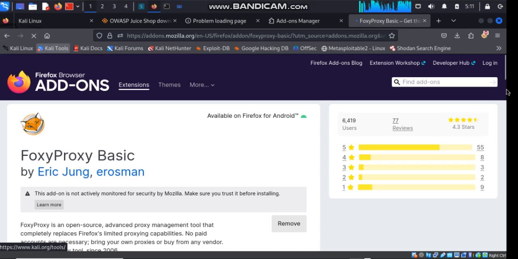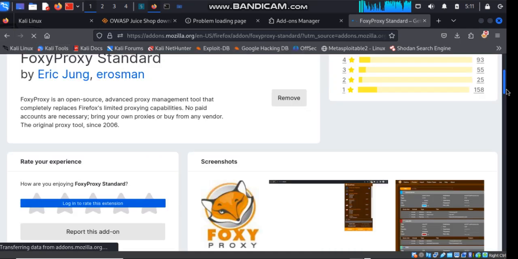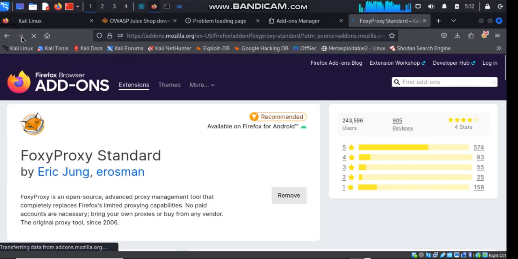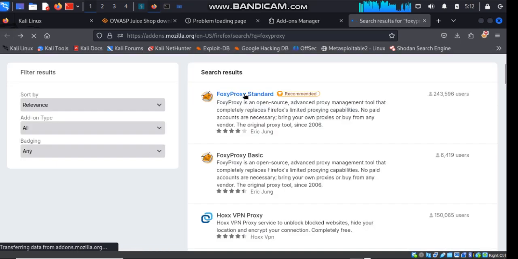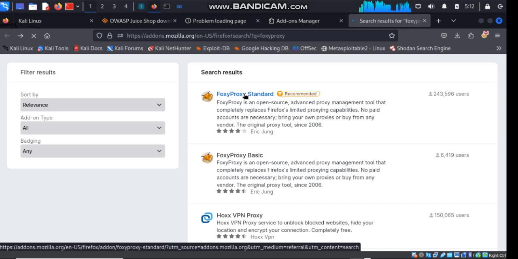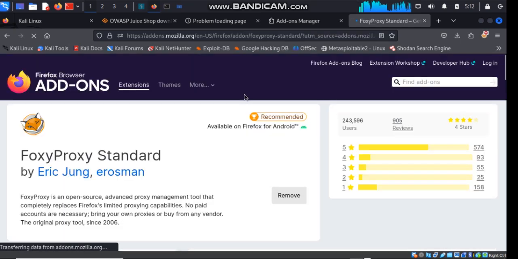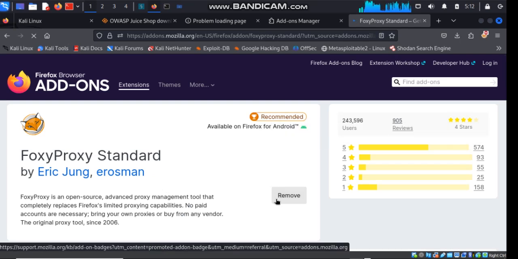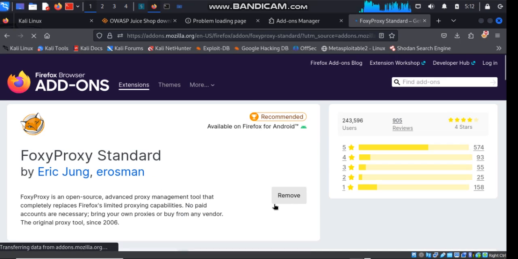It should say install the plugin. But I already installed it and I don't want to uninstall it now. If we remove it, I have to go through the installing process now. But we all get how to get it. So once you come here, instead of this remove, what you're going to be seeing is install or install your plugin. So once you click on it, it will